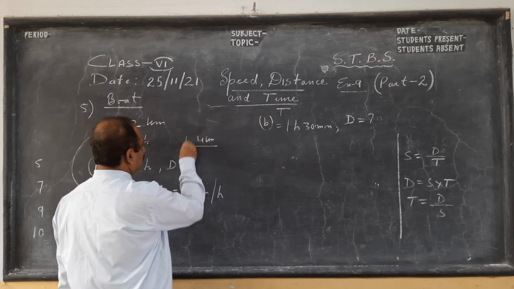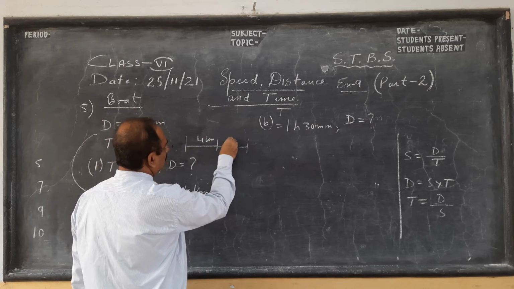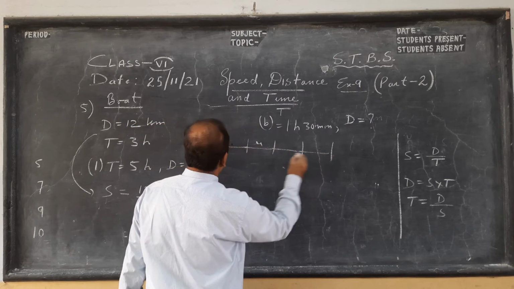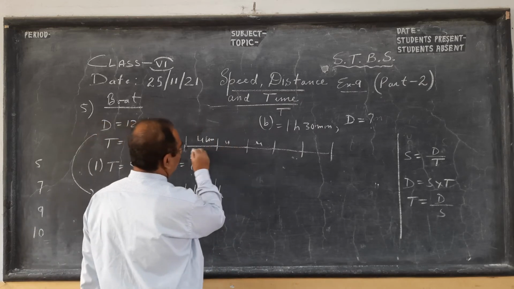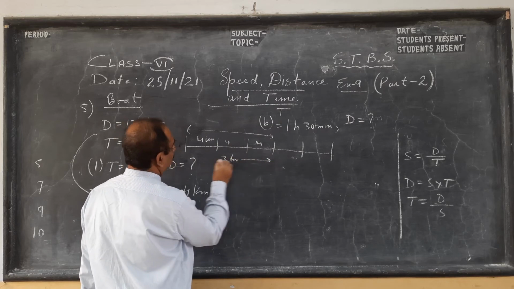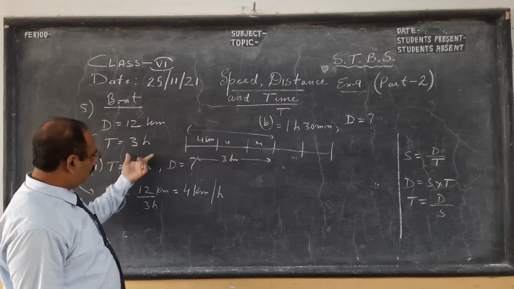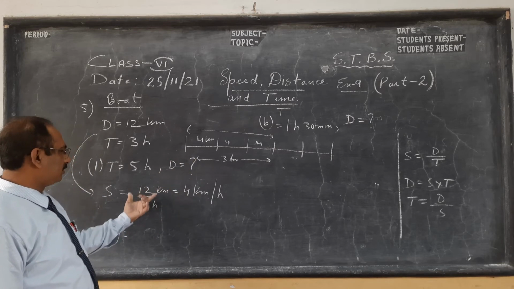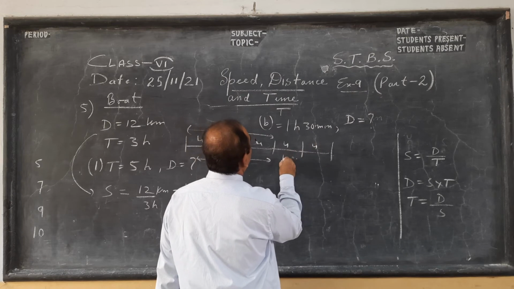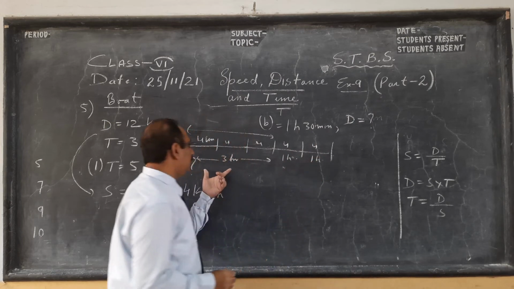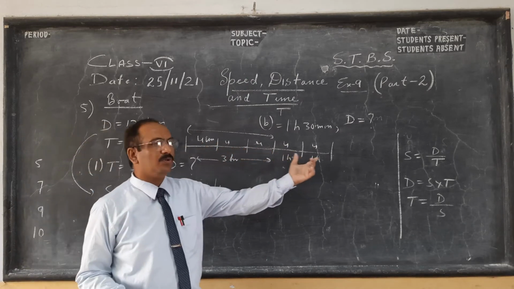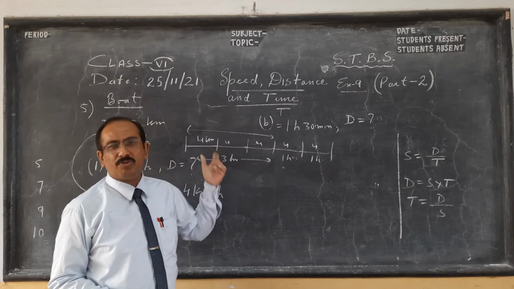See, 4 kilometers in 1 hour. So the logical method is always good. 4 kilometers in another hour, 4 kilometers in another hour, 4 kilometers in another hour. So in 3 hours it goes 12, 4 3s are 12. So we know in 1 hour it goes 4 kilometers. We divide distance by time. Now in 5 hours, how much will it go? So here another hour and another hour. With common sense, tell: 3 hours is 12, 1 hour is 4, 5 hours it will go 4 plus 4 plus 4 plus 4 plus 4. Total 5 times 4, 4 5s are 20.